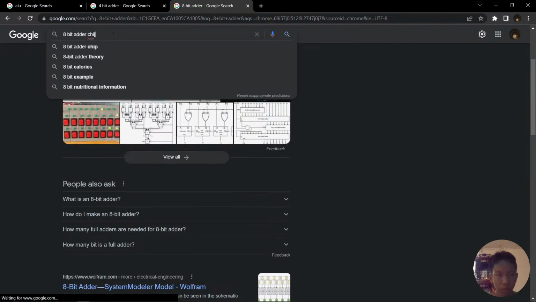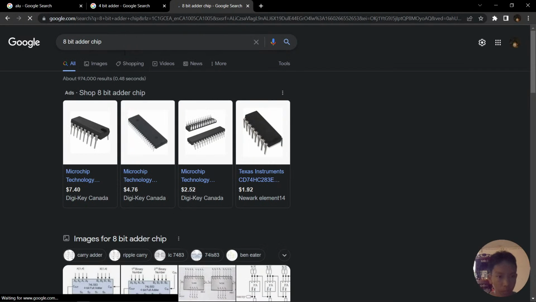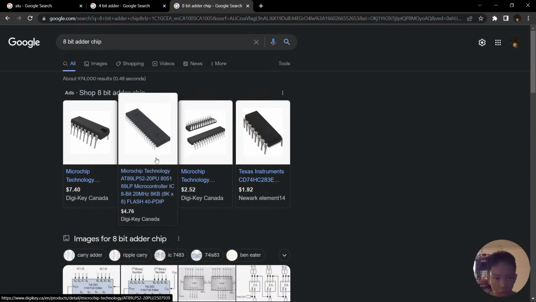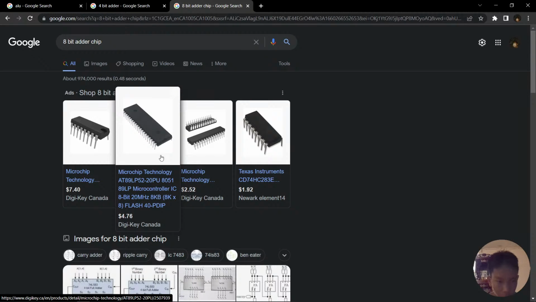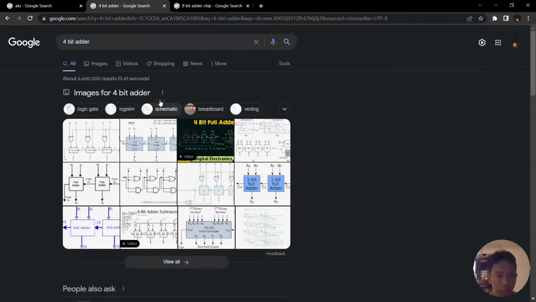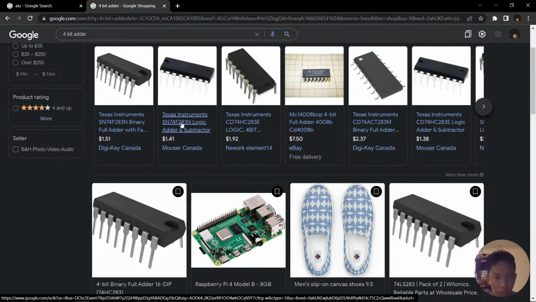Chip. It's very horrible when you're trying to search for it. Okay, shopping. We have this subtractor,